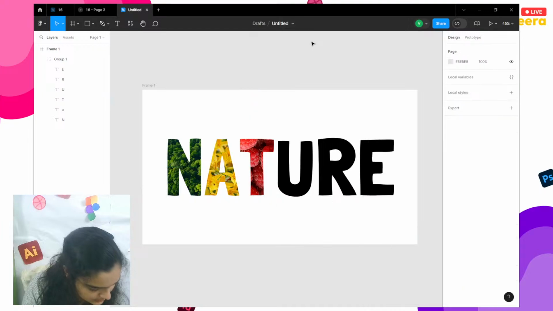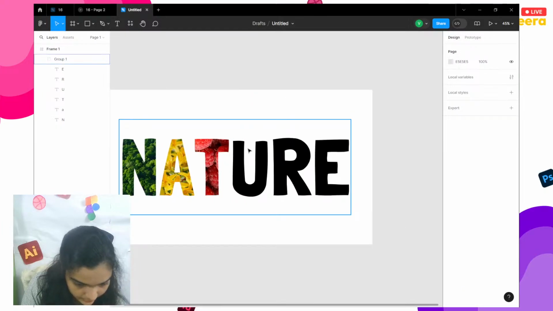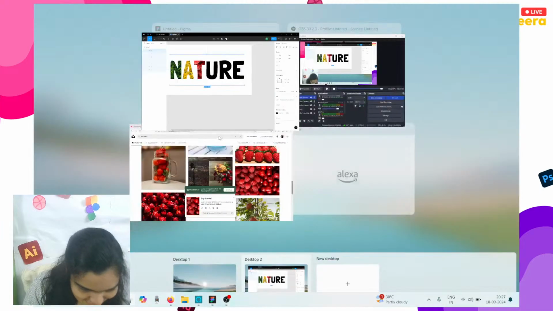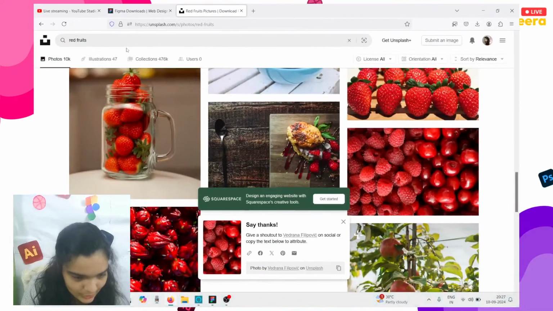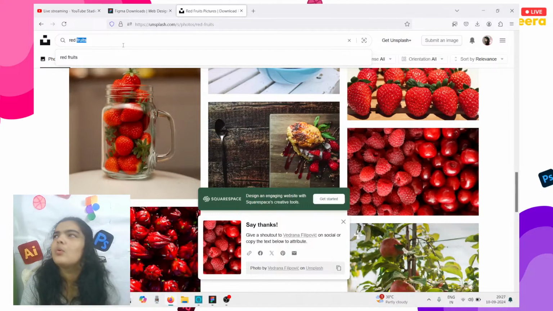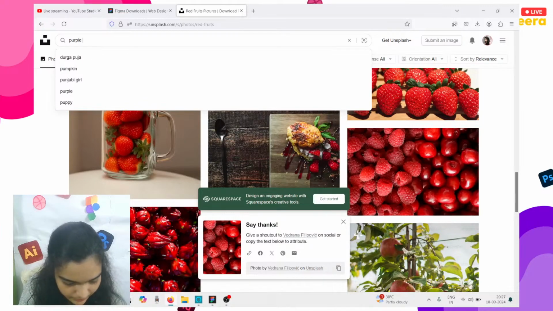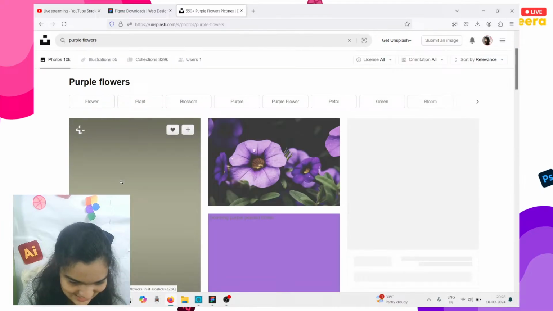The next suggestion we have is for purple by SKU2 LED. Sorry, I can't read that name. We'll go with purple. We'll just search what is purple. We'll go with purple flowers. Purple flowers are pretty much abundant in nature, hopefully. I don't know that much about nature. With that said,